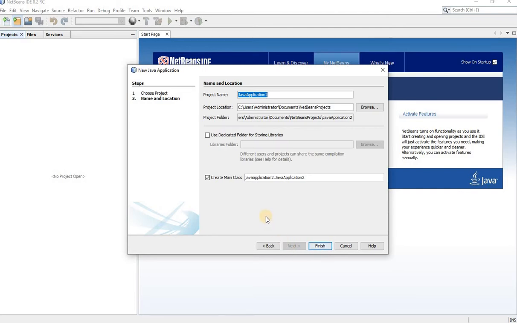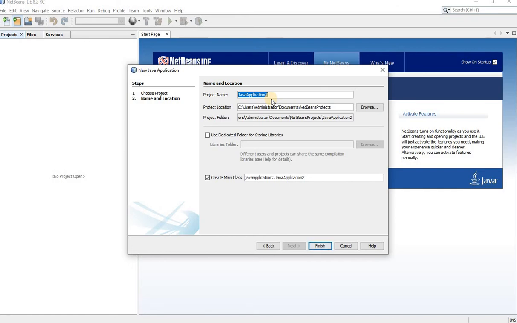And one more thing, if you are doing this step for the first time, you will get one small window saying activating Java. Allow it to activate. It will take around 2 to 3 minutes. Once your activation is finished, you will get this window. You can see the project name is showing Java application 2, which means it has already created Java application 1, which I have deleted.